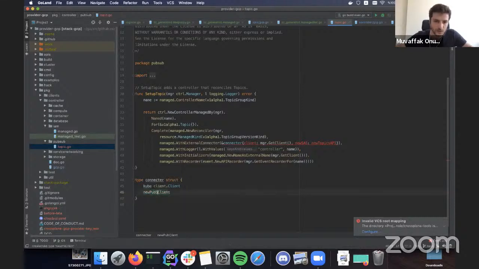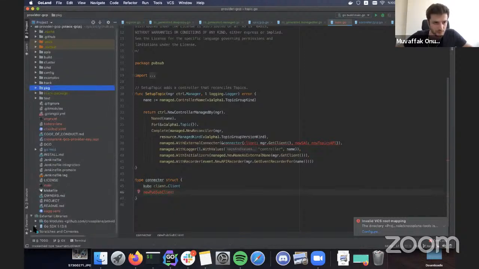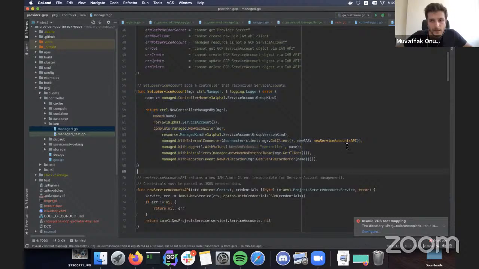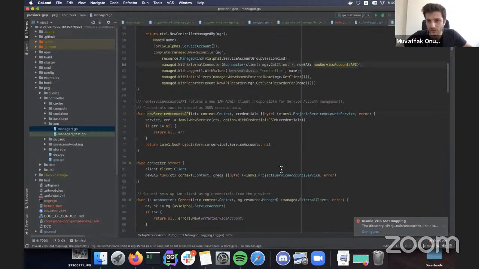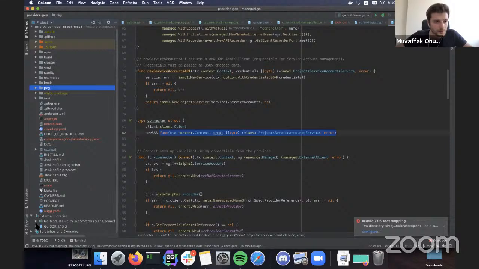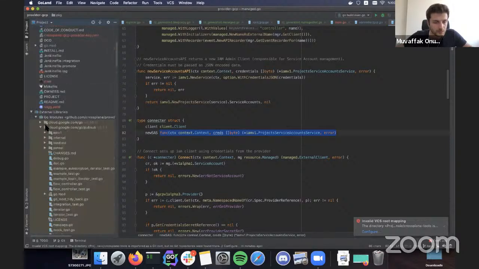Okay, so this is where we dig into the actual API module. Let's see, because we need a function that will create the client. Let me just show you an example from IAM. You see we are passing in a function instead of the actual client because during unit tests, we want to be able to change it. So we need to find the signature of the function from the GCP API. All right, so let's see. Go modules, here it is.